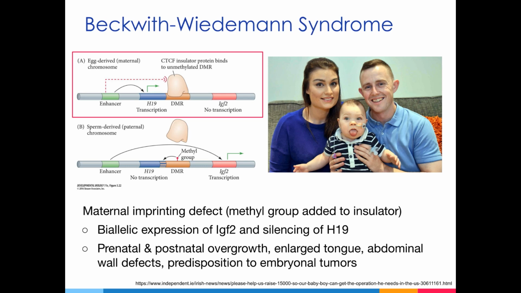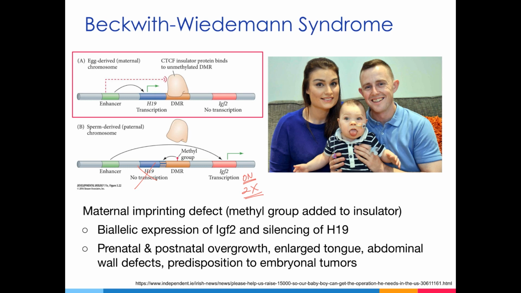So in other words, H19 will be off and IGF2 will be on, but we'll have twice as much expression of IGF2 as normal. This condition exists in humans and is known as Beckwith-Wiedemann Syndrome. Now, since IGF2 promotes cell growth and cell division, children who have BWS show prenatal and postnatal overgrowth, so you